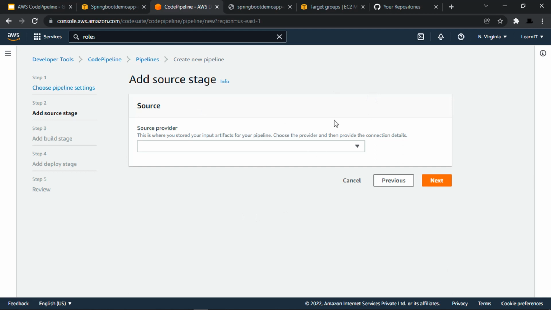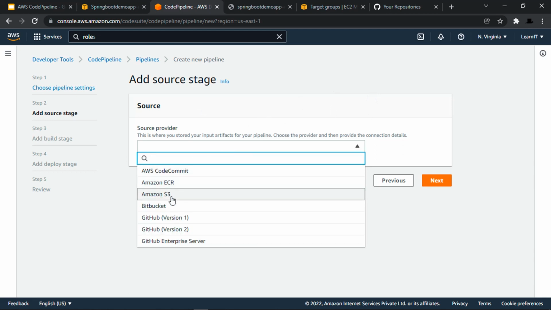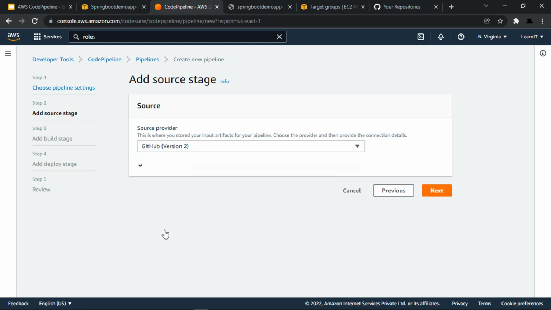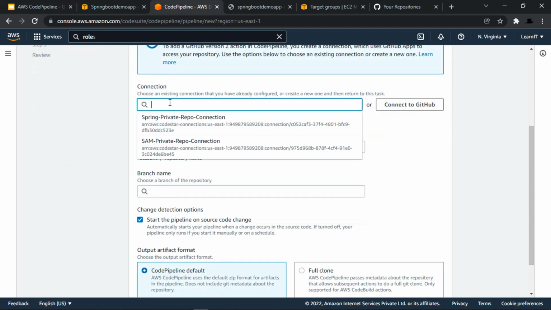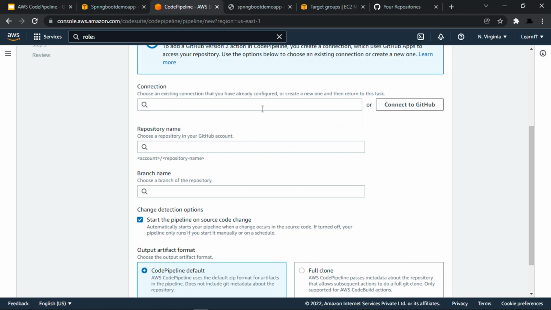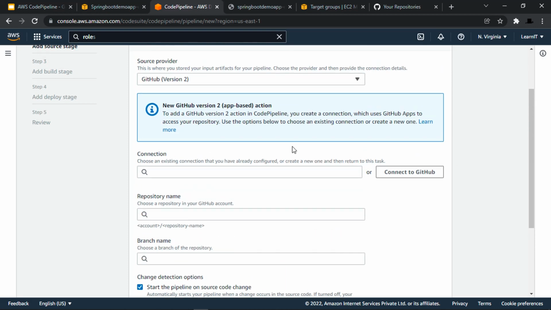Guys, here we have to provide the details of our source provider like AWS Code Commit, S3, Bitbucket, GitHub. So we are trying to deploy an application from GitHub. So let's go with GitHub version 2 because GitHub version 1 is no more recommended. The first thing we have to provide here is a connection. So if you are setting up the first time code pipeline with your GitHub, you have to choose connect to